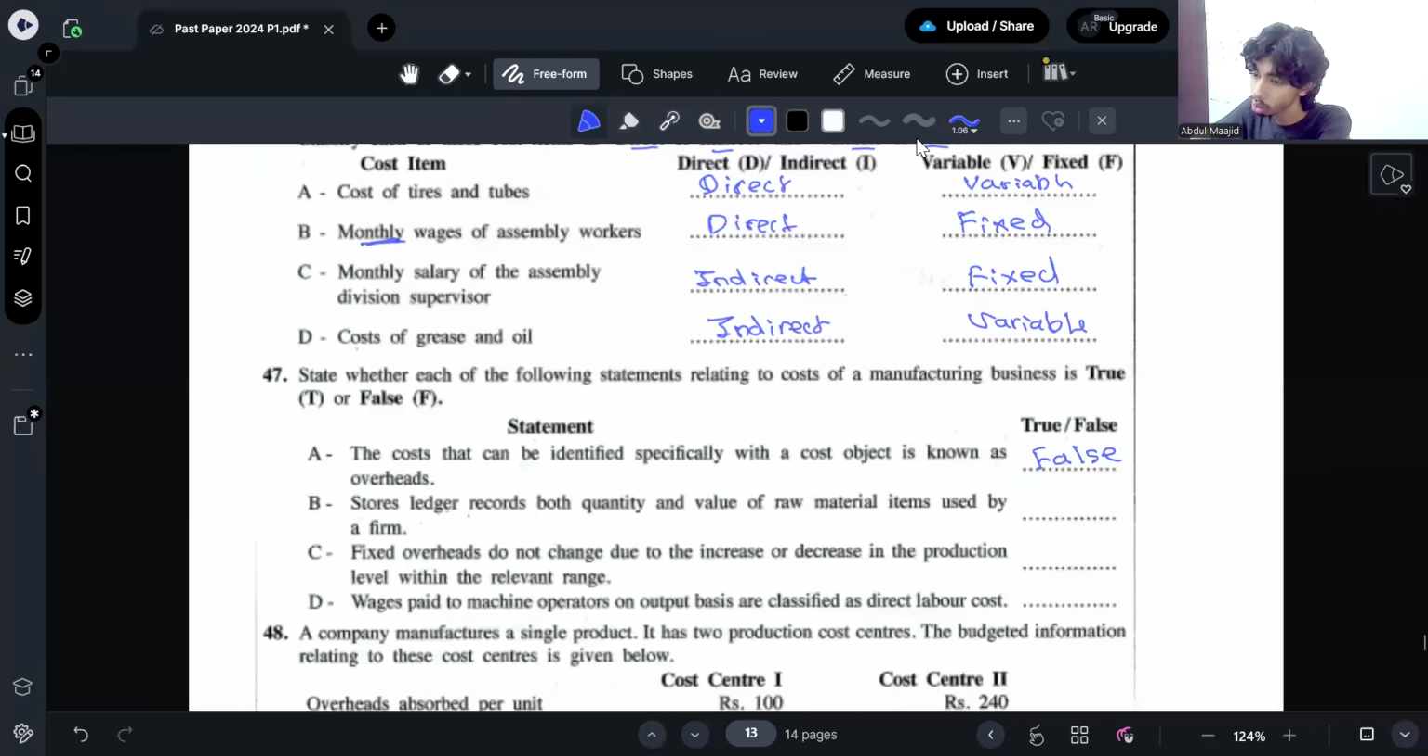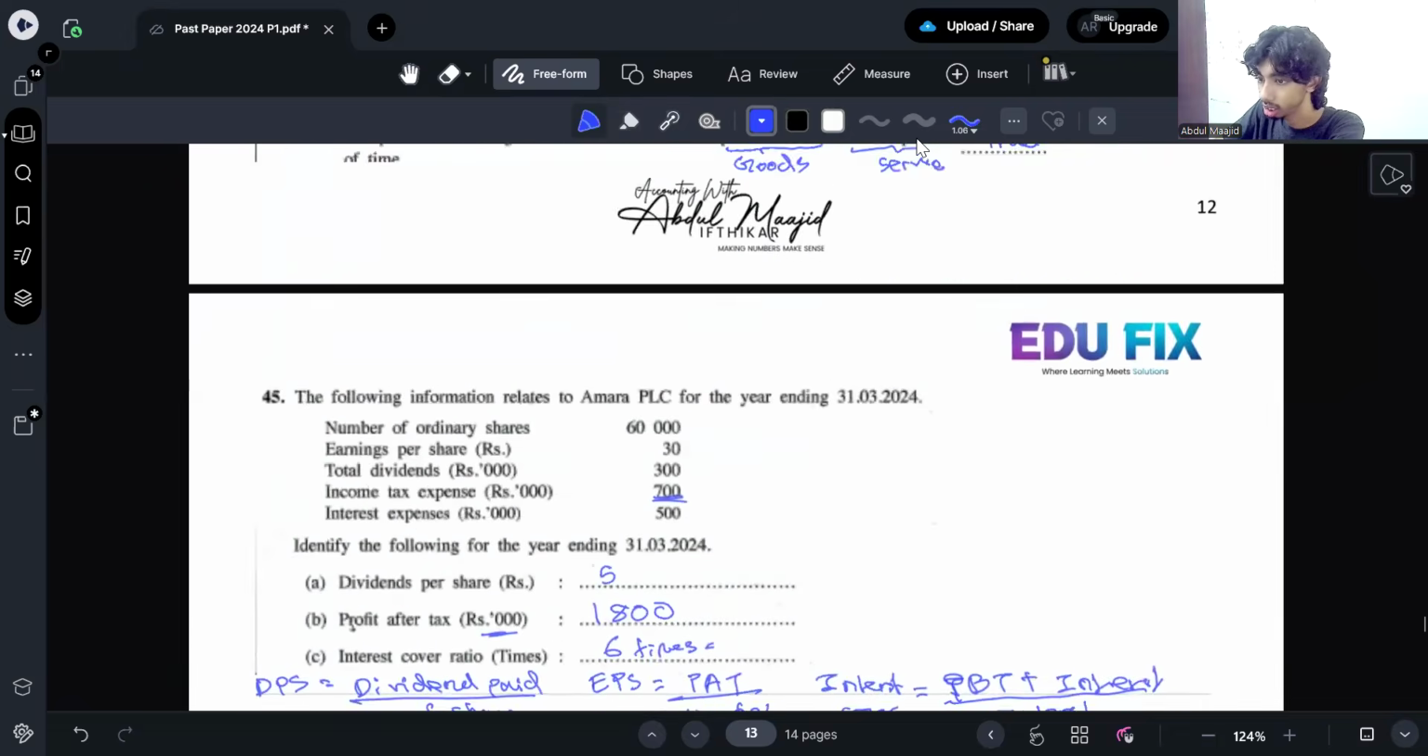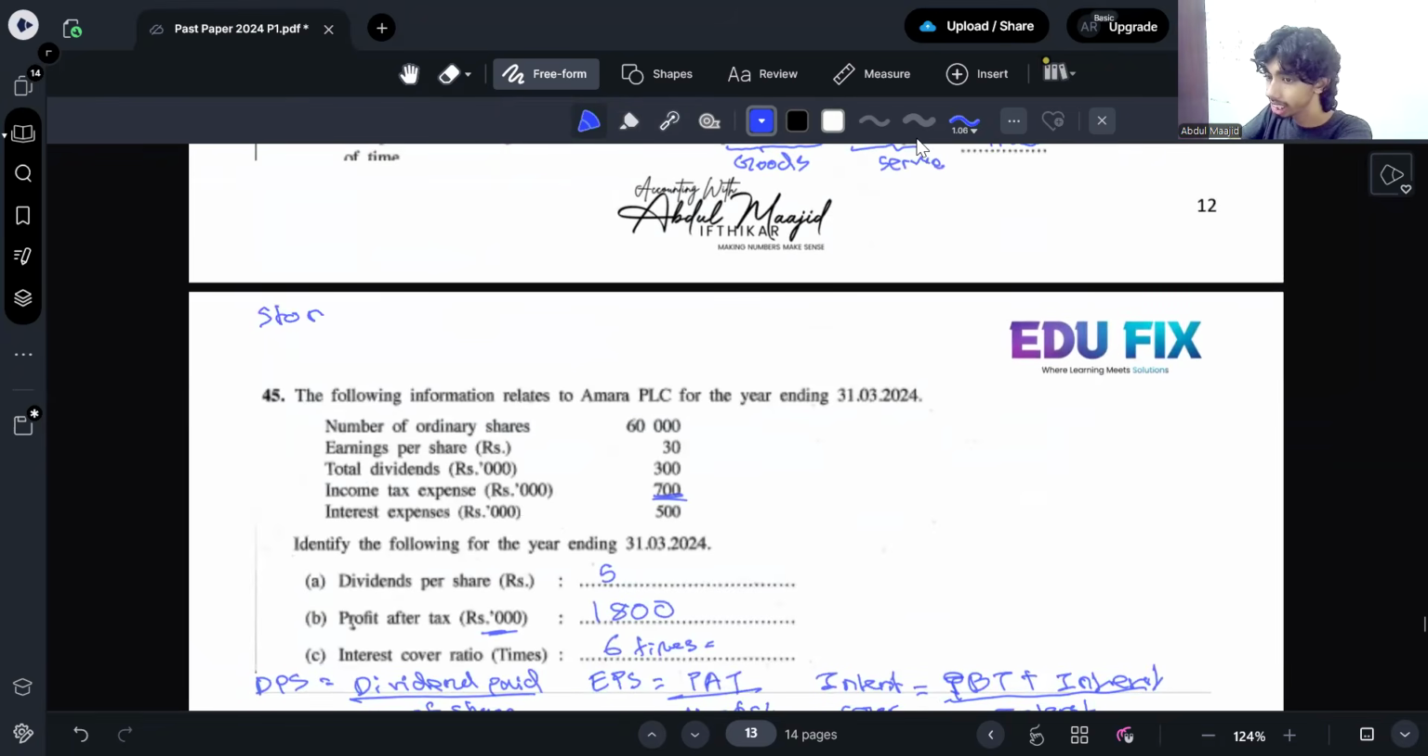B. Stores ledger records both quantity and value of raw material items. Okay, stores ledger. Stores ledger is the account where we prepare receipt, balance, issue. For FIFO and WAC we prepare the stores ledger. In the stores ledger, we show the inventory value in rupees, and also the number of units available, right? Then what is that accounting record where you will show